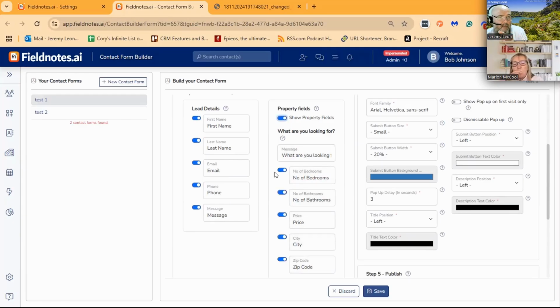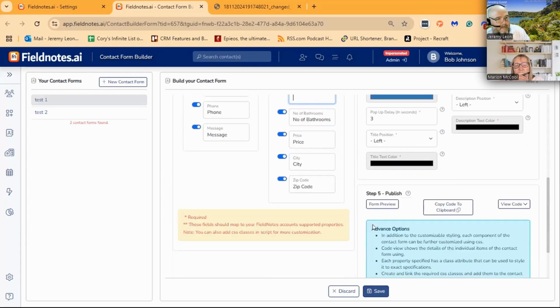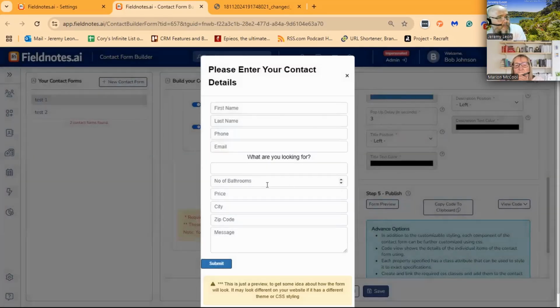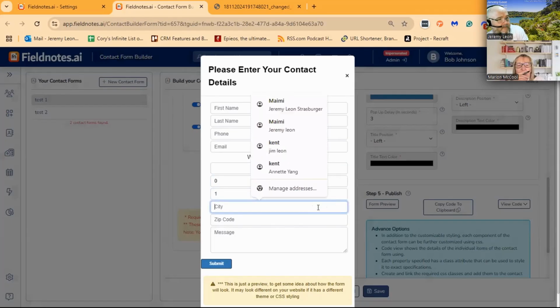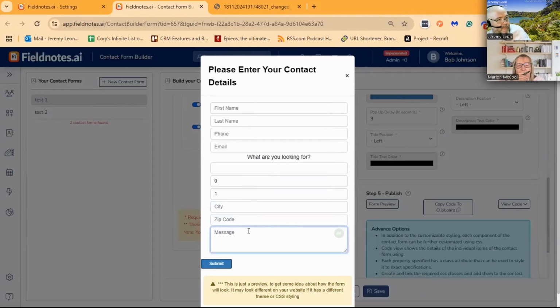So if we do this, we'll most likely have to remove these, because I think these take numbers. But let me see, because I think we can edit this. So let's do that. View the form. Yes, see, these fields are numbers. I know this one's a price, this one is a city, but I think this one takes numbers, and then the message.